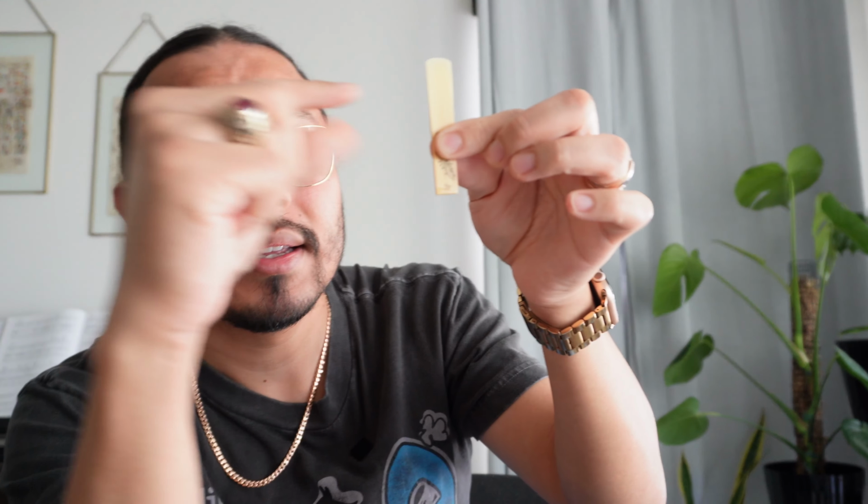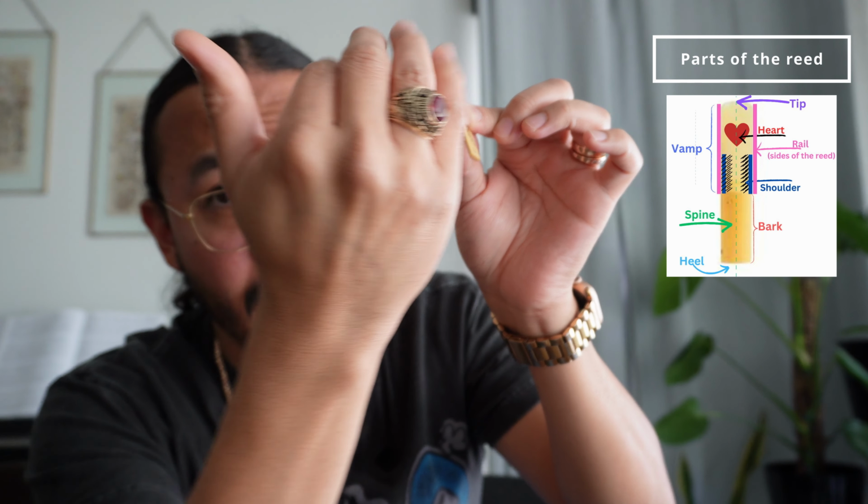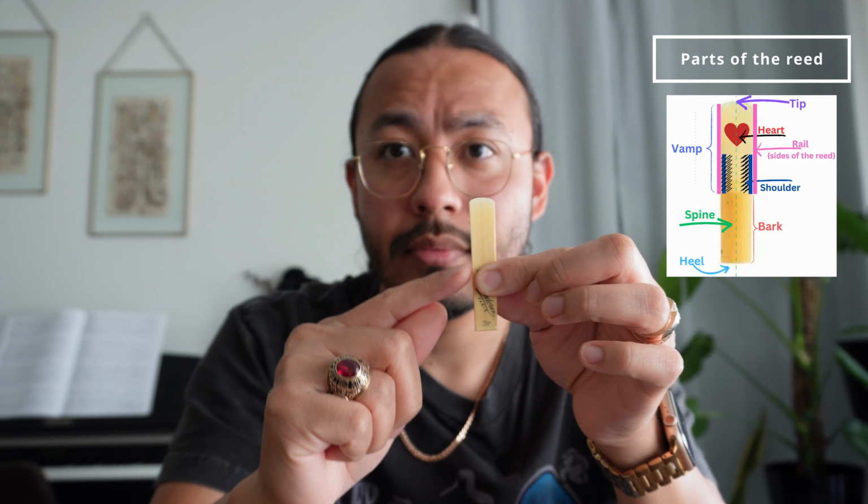So I'm taking out all my reeds from the water. And if you can see, maybe this camera likes me today. So maybe you can't see it, but if I hold up the reed onto the light, I now can see the heart of the reed. So there's a light part right here on the top. The tip of the reed is nice and light, and it gets a little bit thicker towards the bottom, like a gradient, this part right here. And I see that in all reeds. So they're all looking kind of nice,